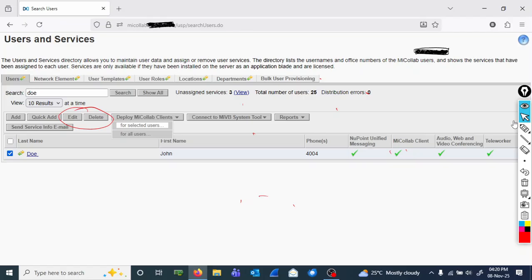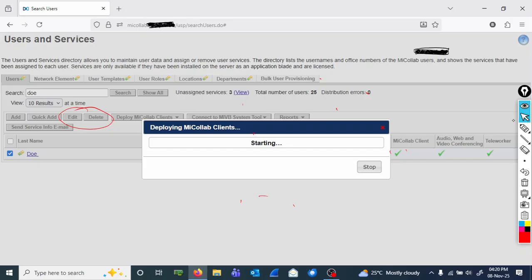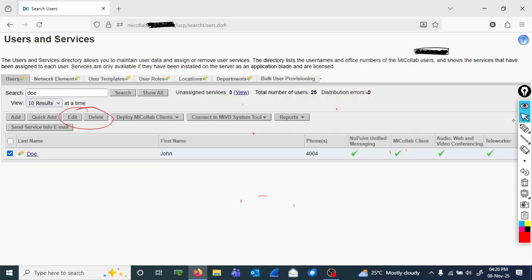So at this point I can say I want to send the email again to this user, in which case I drop down and click on for selected users. It means it's going to send this user an email again. Deploy is going to send this email again and the user will receive another email. Or I can go and click on edit here,